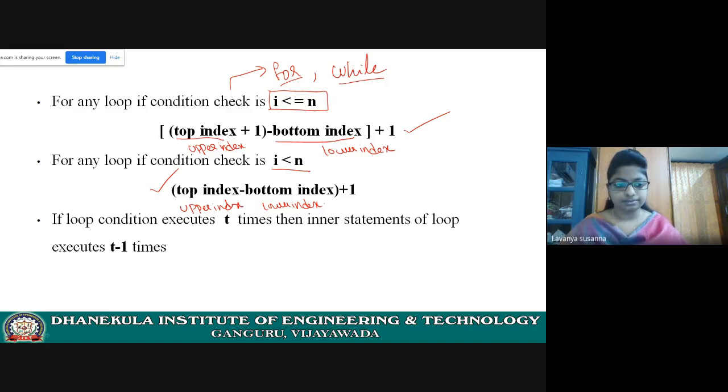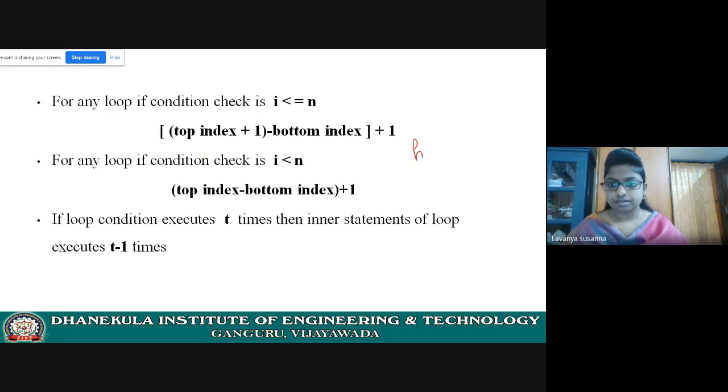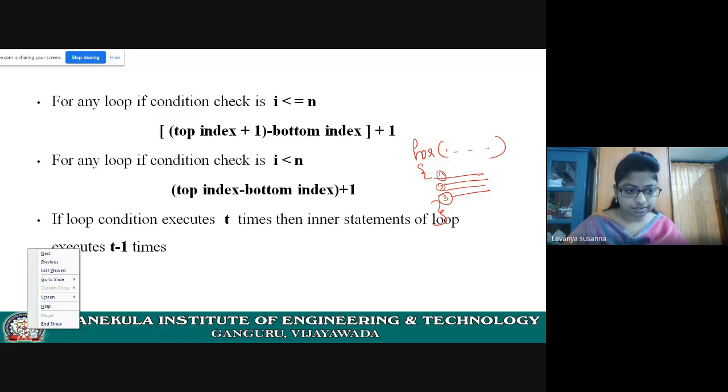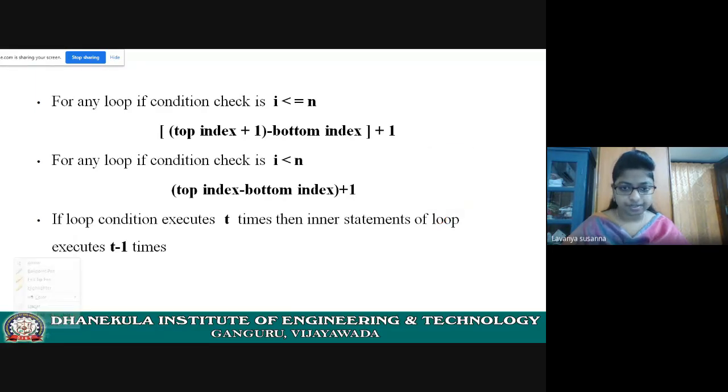Now see here. There will be statements inside a for loop: statement 1, statement 2, statement 3. Now here there will be conditions. For example, this is a for loop: for I equal to 0; I less than n; I plus plus.